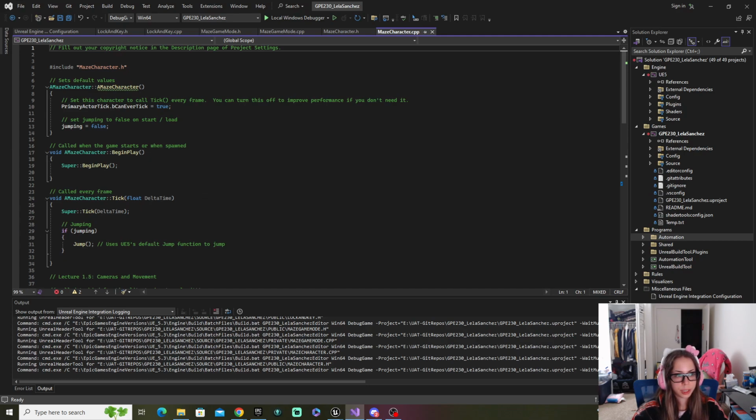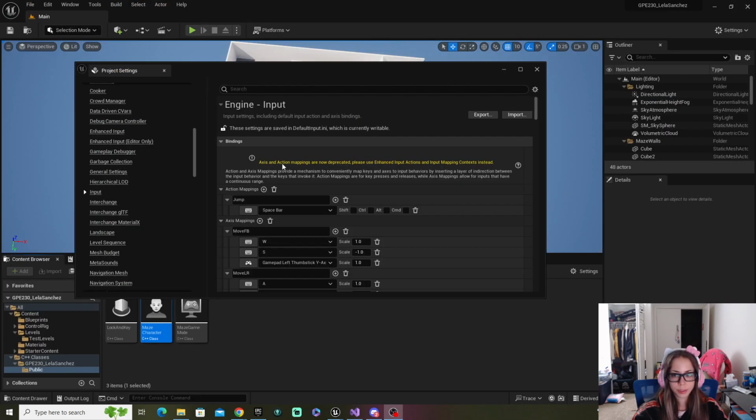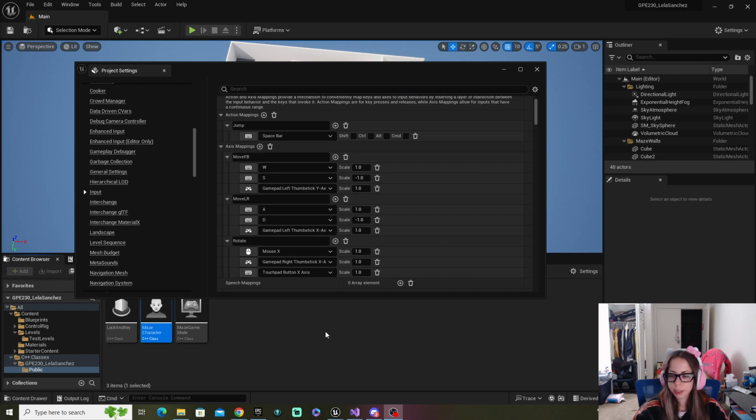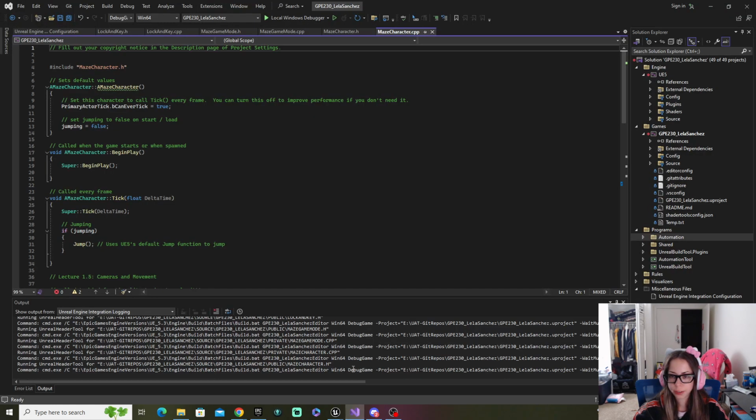I altered the project settings first by adding axis mappings for movement and rotation on different devices here. And I also added one action mapping for the jump implementation that I utilized. Moving back to the maze character file,